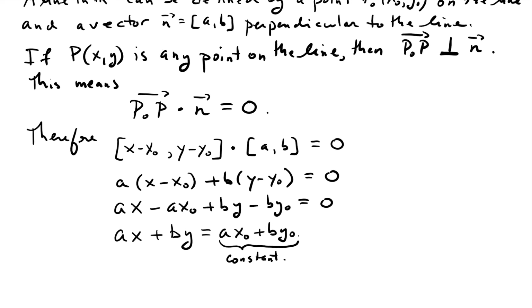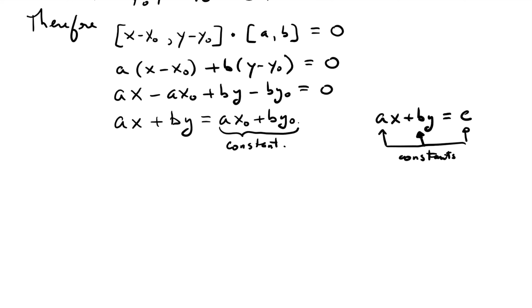Okay, so what this shows us is that if I've got an equation of this form, where these are all constants, that's going to be the equation of a line. And that's going to be the equation of a line passing through some point, but mostly that's perpendicular to the vector AB. So the coefficients in front of x and y will give me for free the coordinates of a vector that's perpendicular to my line. Okay,